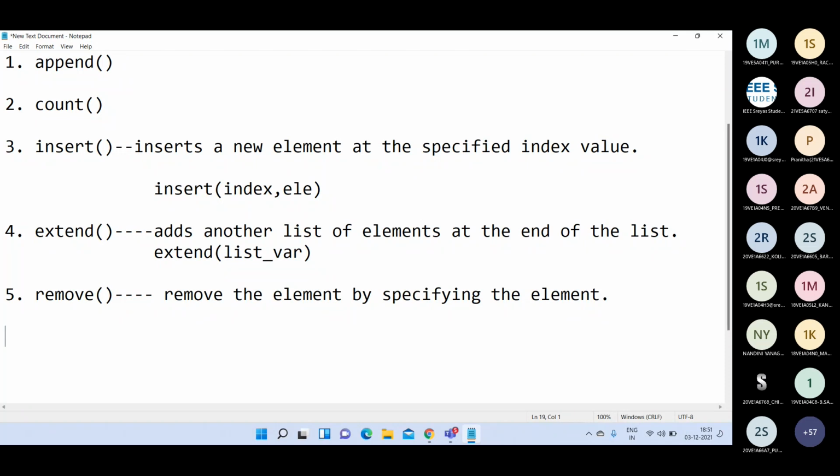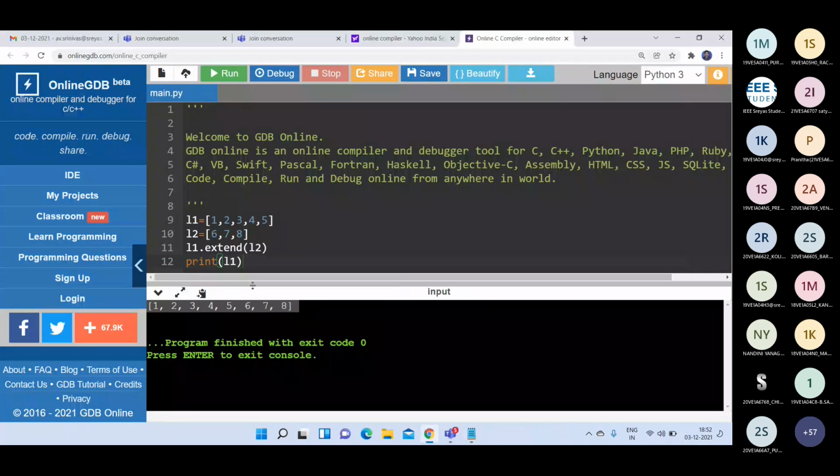Whatever element you want to delete, you can pass as a parameter to this remove function, so that element will be removed from the list. Inside the remove brackets, you can pass the element you want to delete as a parameter here.